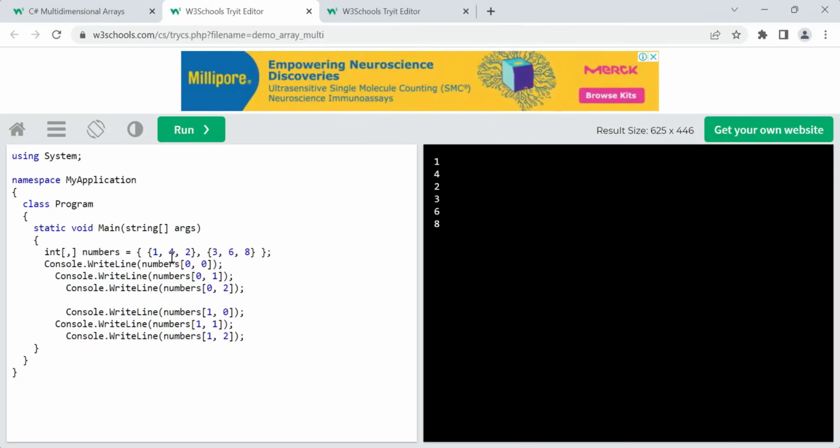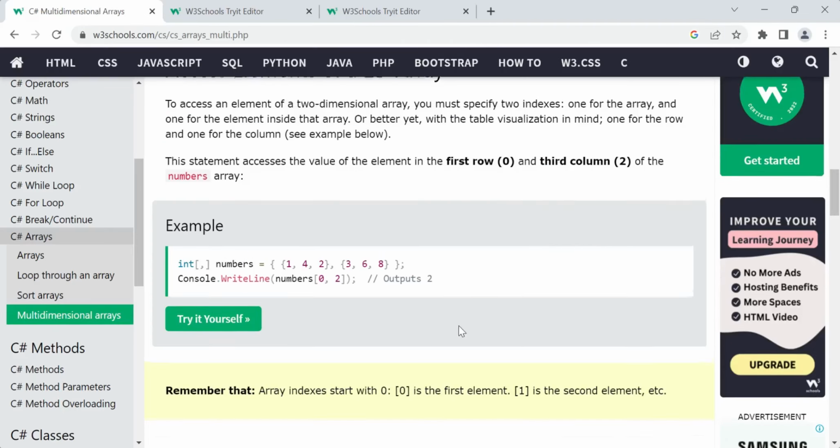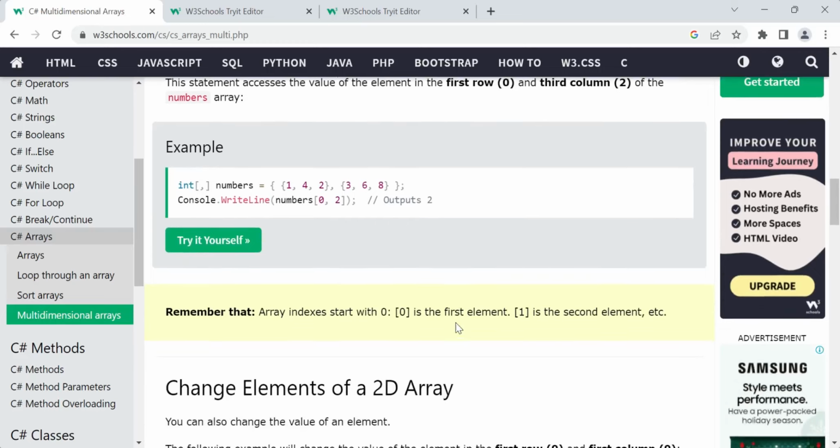So see, 0 comma 0 is the first element, 0 comma 1 the second element, 0 comma 2 the third element, and for 1 comma 0 you will get 3 6 8. So this is how we can access two dimensional arrays. One thing you have to remember is that indexes start from 0, and then 1, 2, 3 and so on